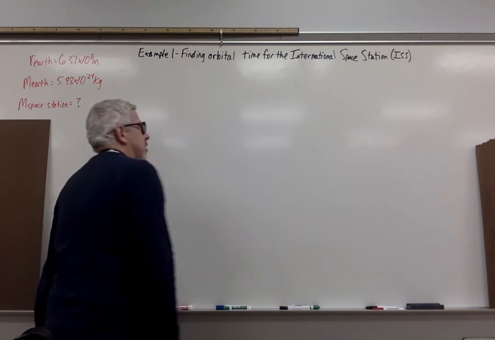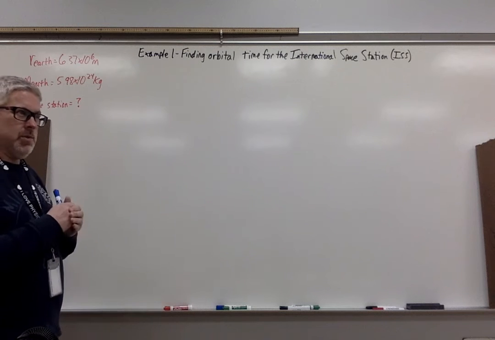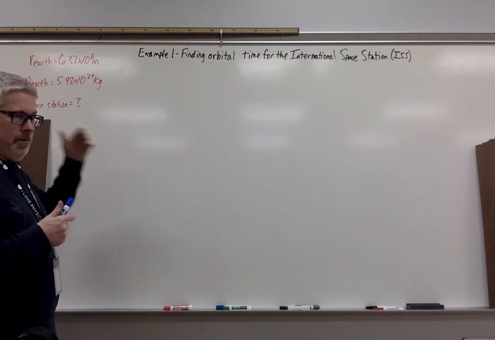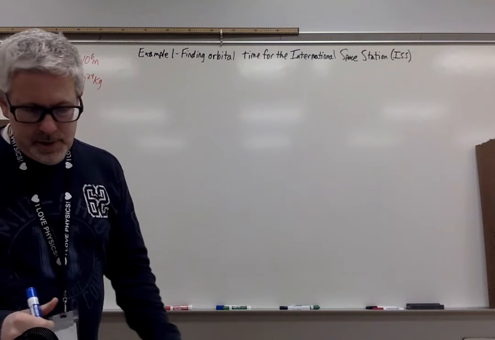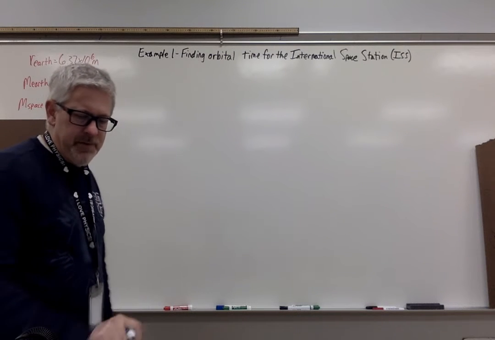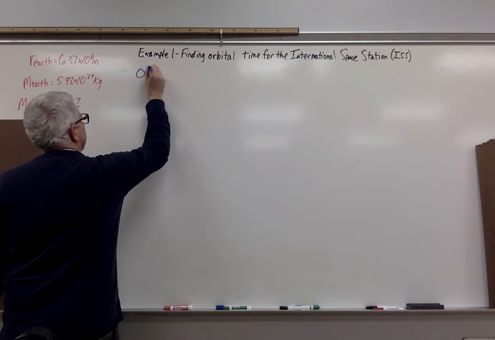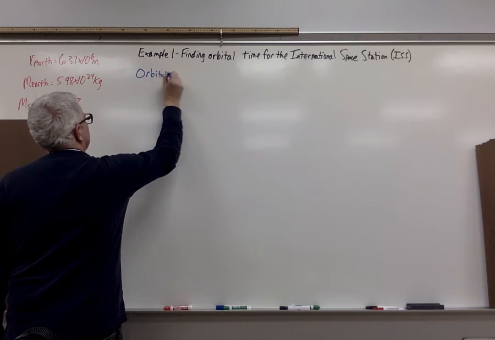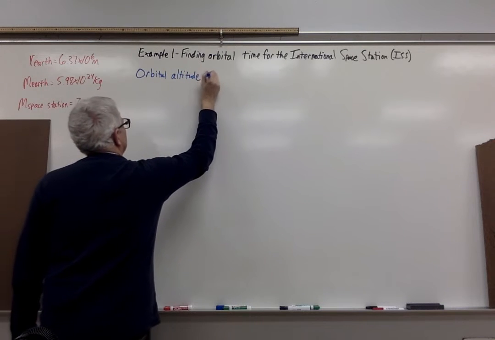Because when we're calculating things, our r, our distance, isn't going to be the radius of the Earth, it's the radius of the Earth plus the height of the International Space Station. So I did just look that up, and it's about 250 miles. So the orbital altitude, kind of weird to call it altitude,